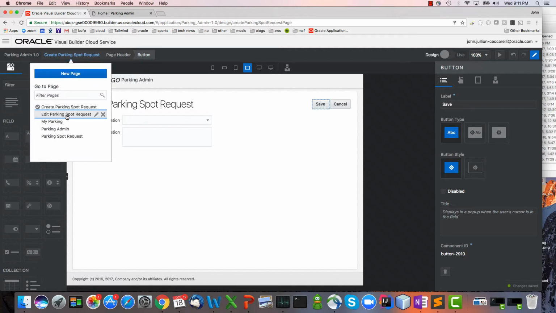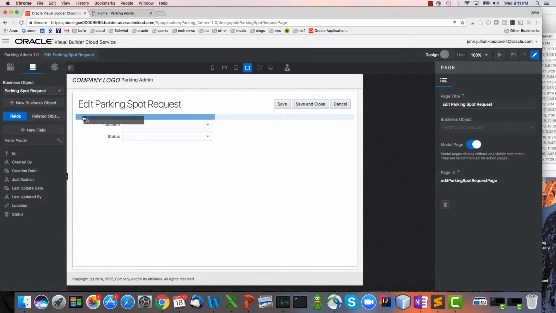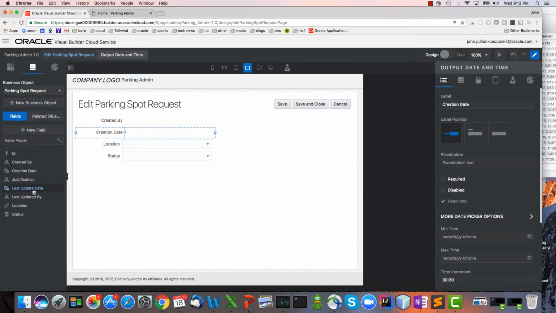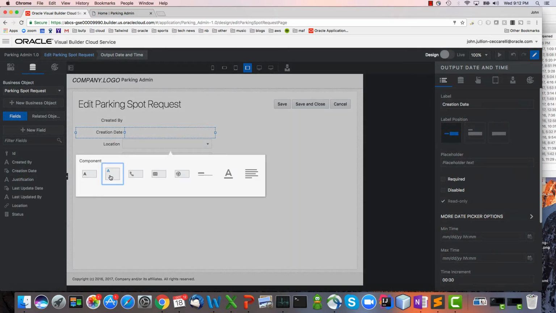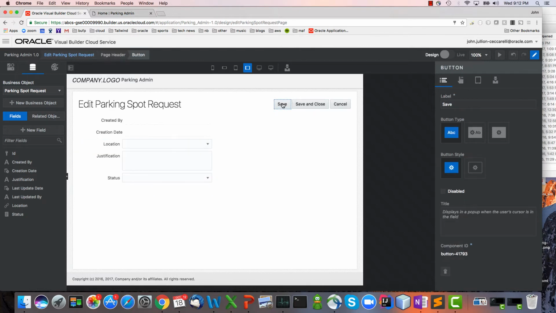Now if I go to my edit parking spot request, we've got our location. We want to have some additional information here, like who was it created by, when was it created on. We need our justification, obviously, and we're going to leave our location and status in there. Again, I don't like these guys. Personally, I like to just have save and cancel. Okay, let's go back to